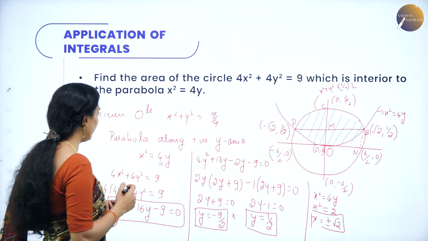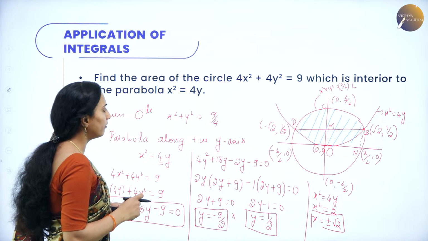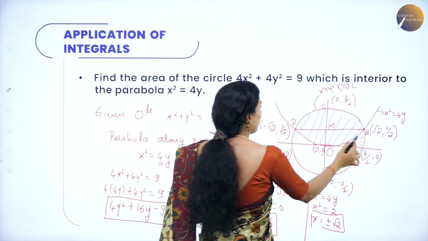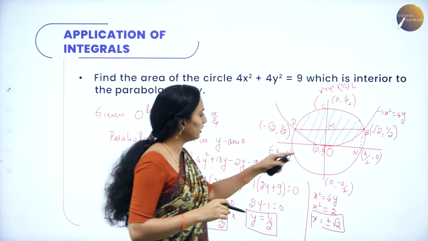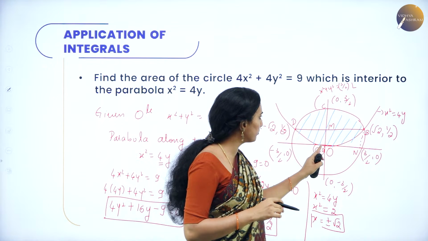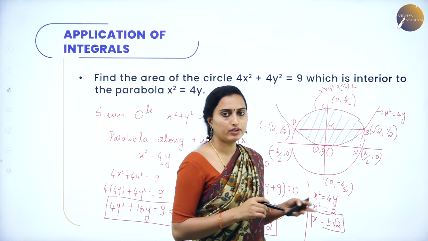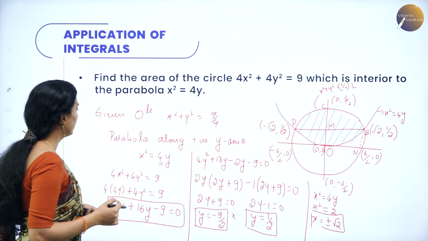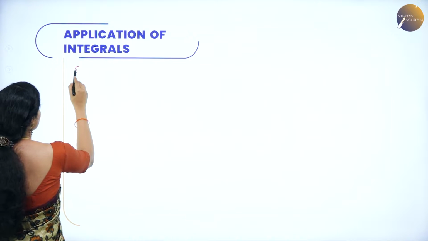So let us find out first what it is, area of OBM, right? So you can find out the area of OBM is nothing but area between the parabola and the y-axis. So you can have from 0 to half, correct? So 0 to half you can have, which will be equal to, so step 1 you can take it as,